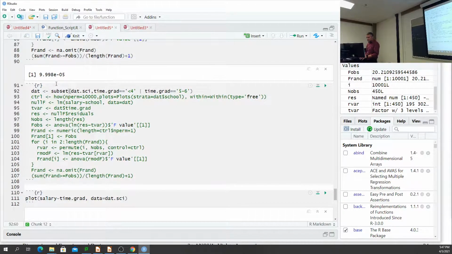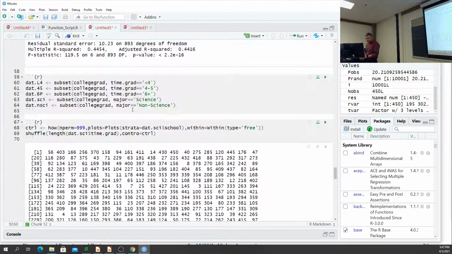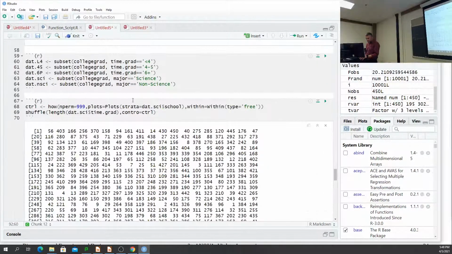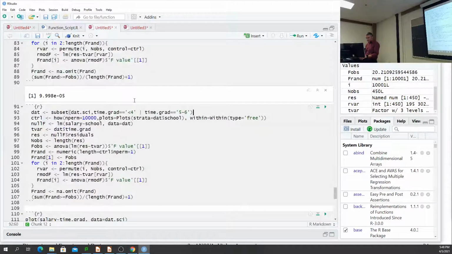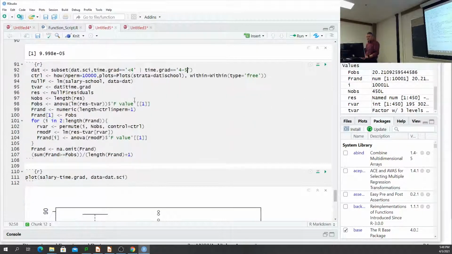That's how I had written it. Is that right? Yes, 4 to 5. Less than 4, 4 to 5. So now the subset's already written up here using the dat function, and it just saved me some time. Everything's set up. Now we're just restricting our analysis to these two, the less than 4 and the 4